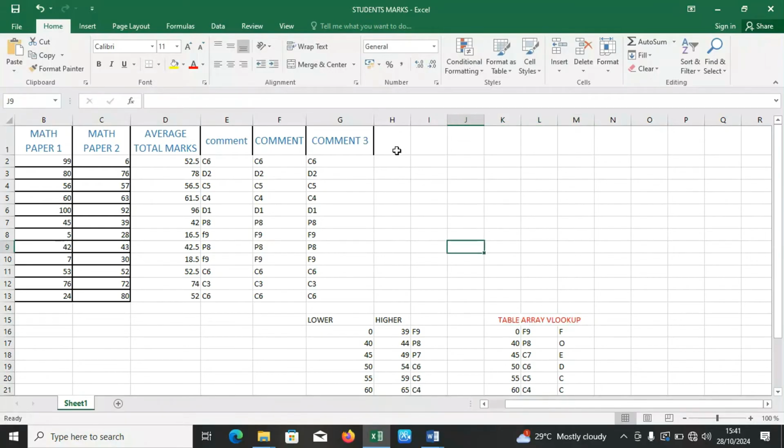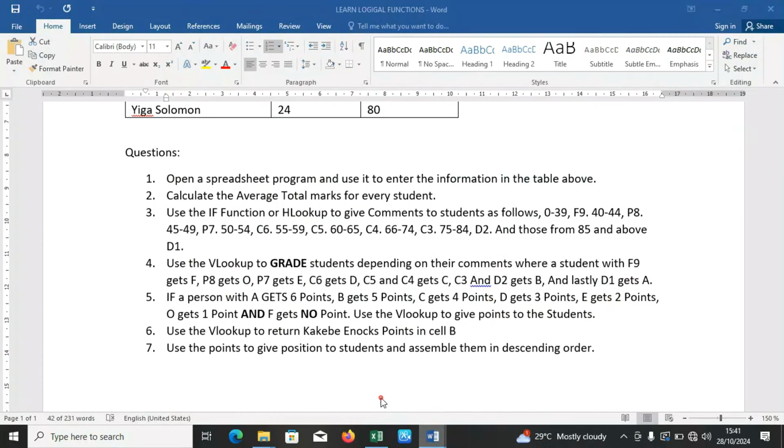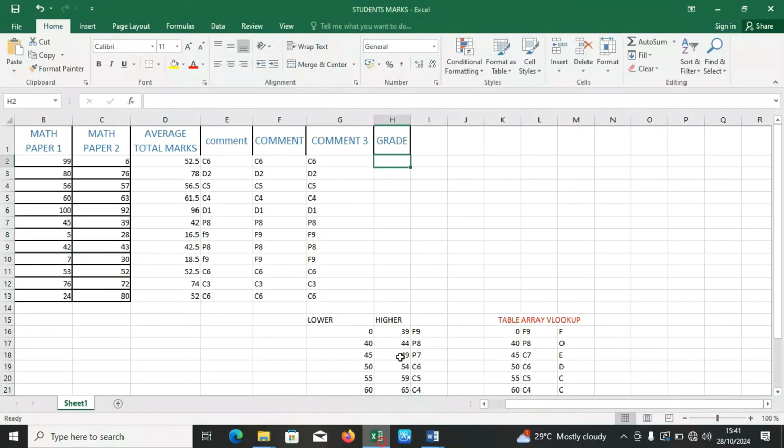So come back here and put grade, and then we see the grade of our students. So here the question was saying use the VLOOKUP to give grade to students. So we are going to come and give grade to students here. So click, and then say equals to